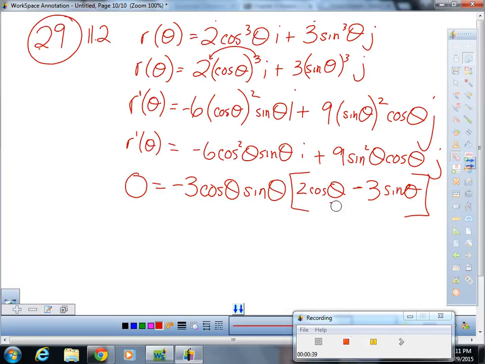Because cosine of theta and sine of theta do indeed equal each other when theta equals radical 2 over 2. Sorry, when theta equals pi over 4. But since we have a coefficient of a 2 and a 3, this thing right here will never equal 0 for any theta. However, anytime cosine theta or sine theta equals 0, the factored portion of the function will indeed